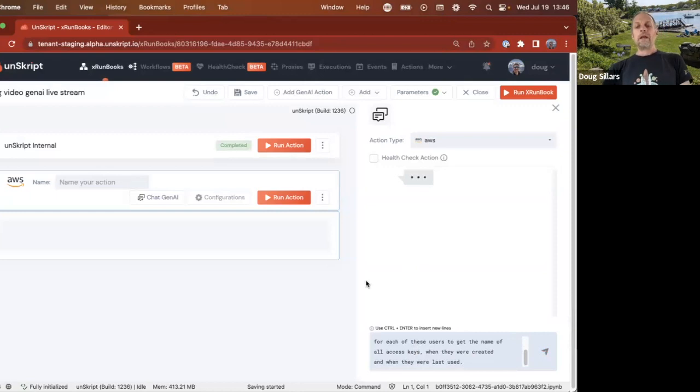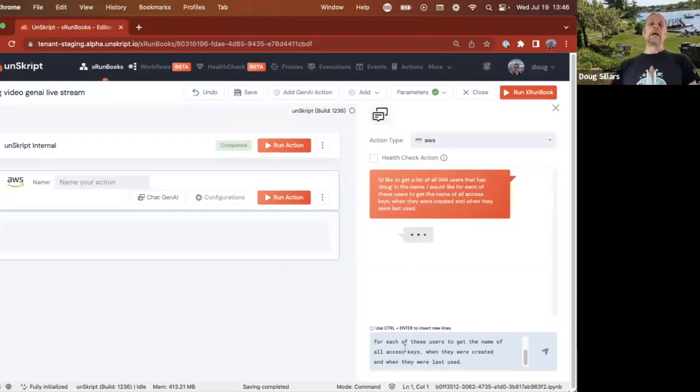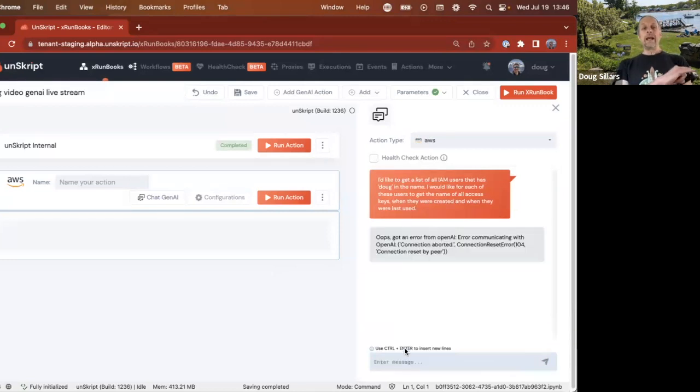Now, I've done this query before. I know it's going to work. And you can see that I've written a few things here to get the name of all of their access keys. And so you have to be careful about how you write this. The first time I did this query, it created a dictionary. It was based on the username, so it was only outputting one access key per username. And if you use AWS, you do know,